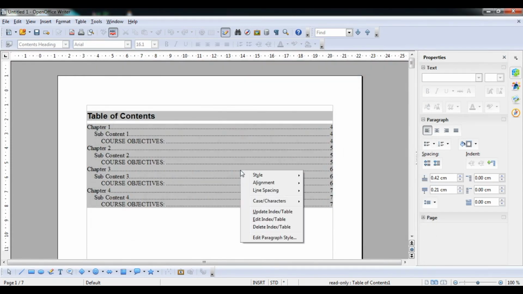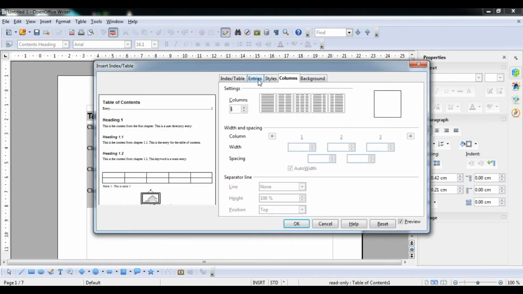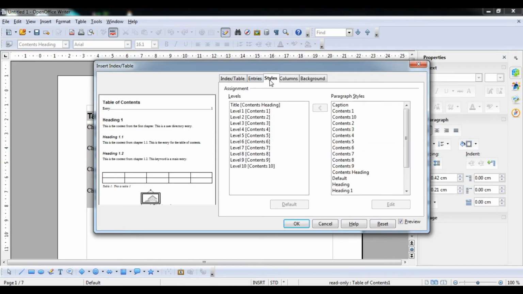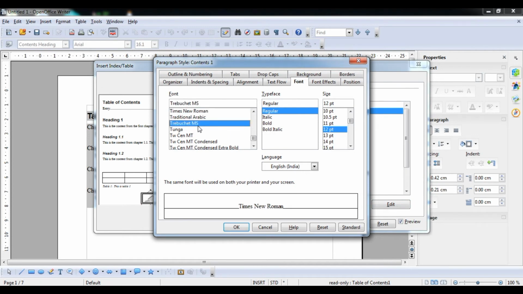Okay, students. Now we are talking about its style. Okay, students. So here I have told you what the style is, content levels 1, 2, 3, 4. So we are talking about content level 1. Edit it: go to the Style tab and edit. Okay, inside that you can put the style that you want.